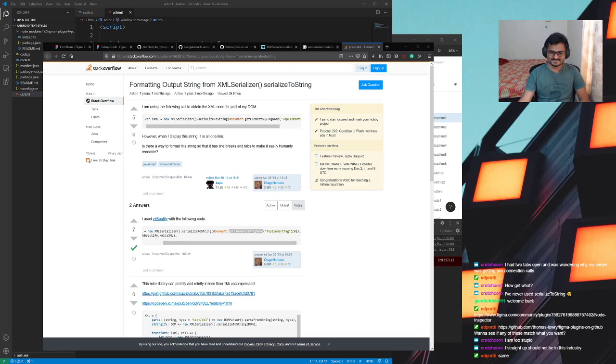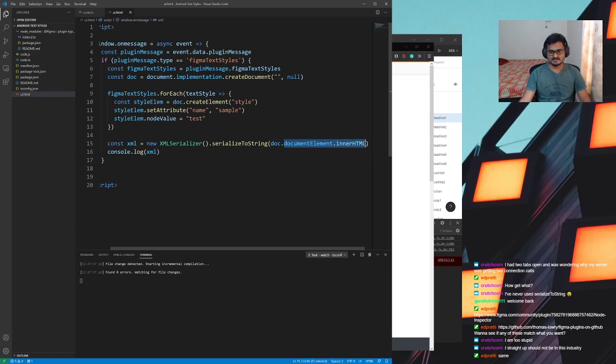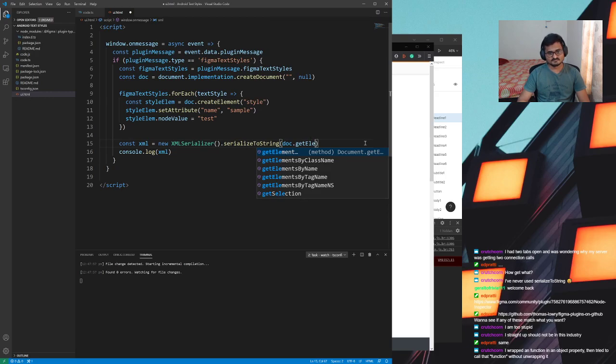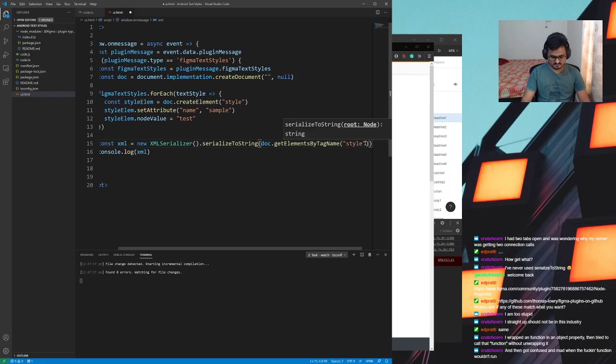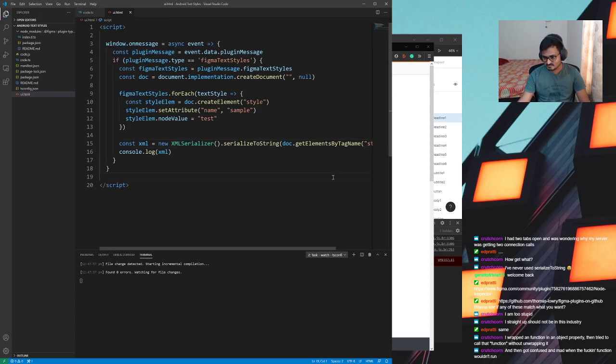Those are some get element by tag name, style, right? Can try this, I guess. Like this, what's in. Yeah, like